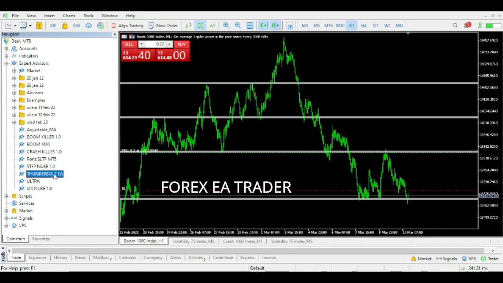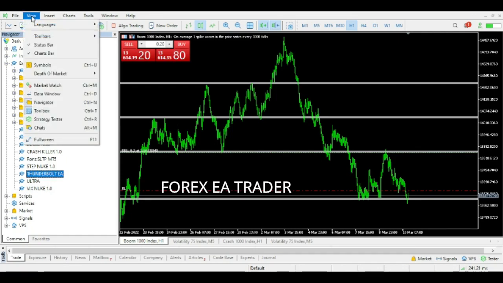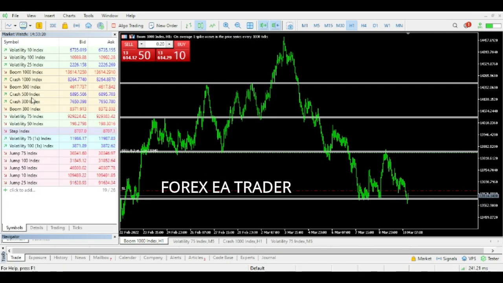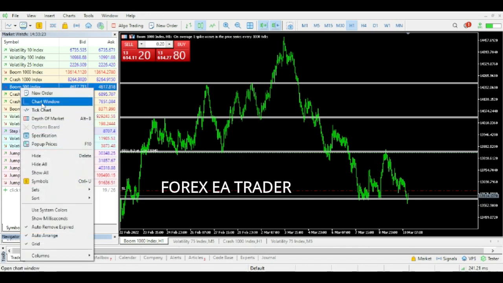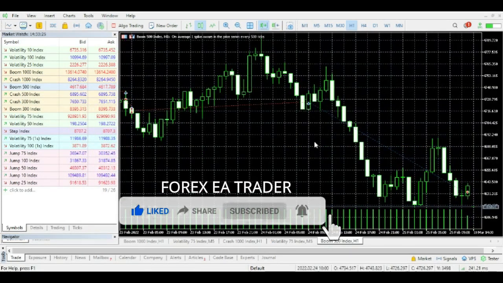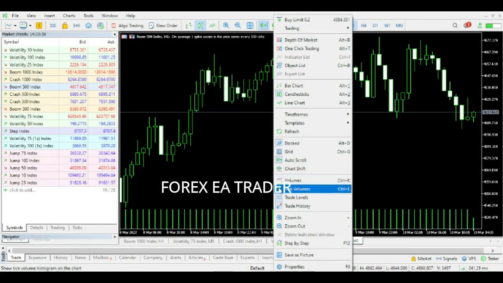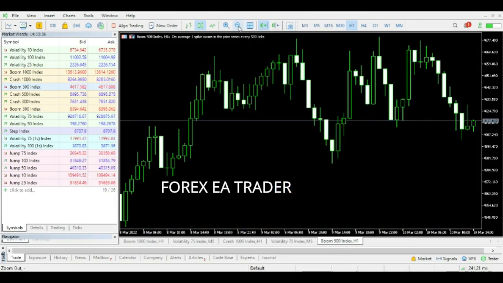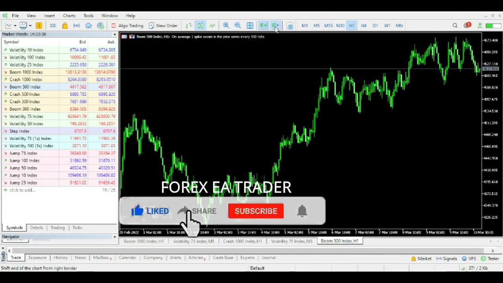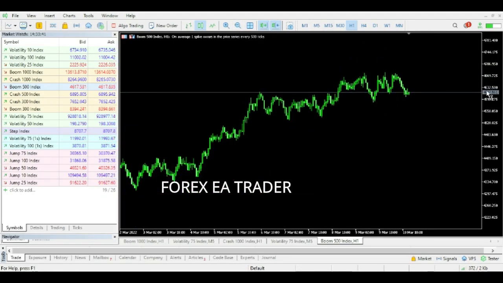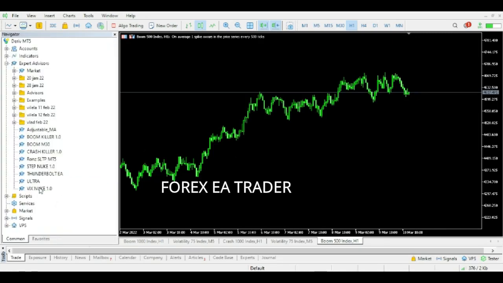So all that we need to do is probably to find a pair that we can place our Thunderbolt EA on. So this is Boom 500. Maybe we can test our Thunderbolt EA with this pair. Actually, I've forgotten how much lot size I put on that robot, but let's see what we have, because Boom